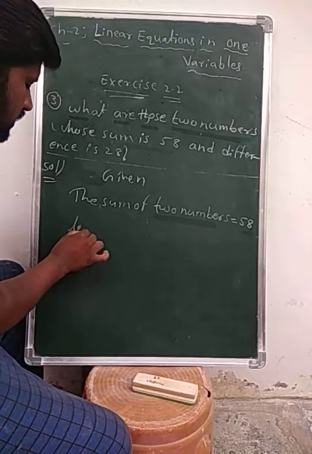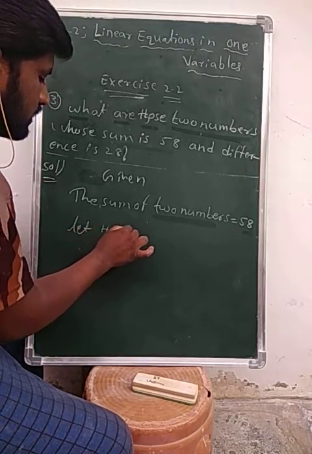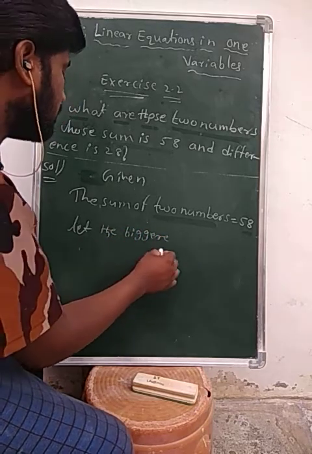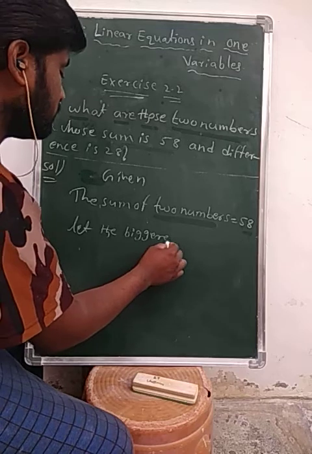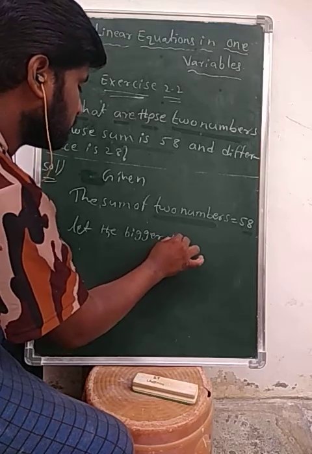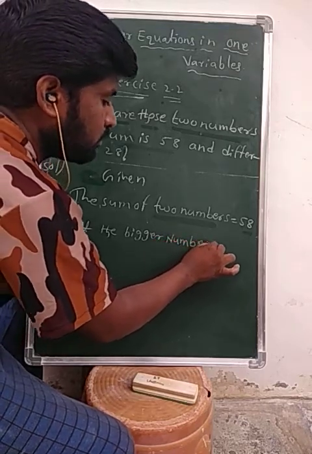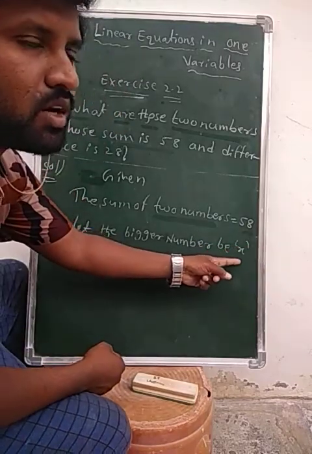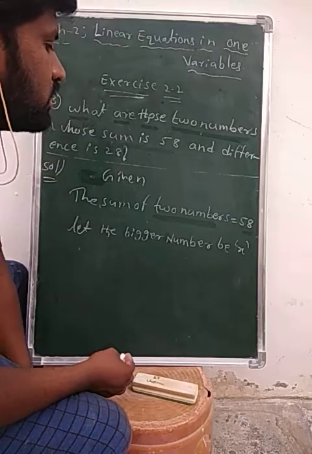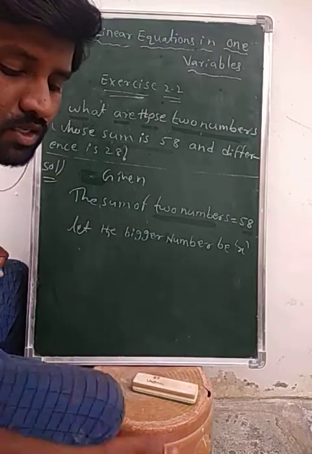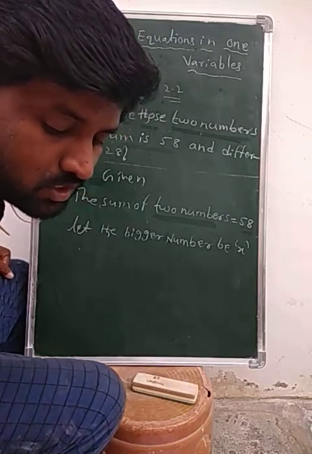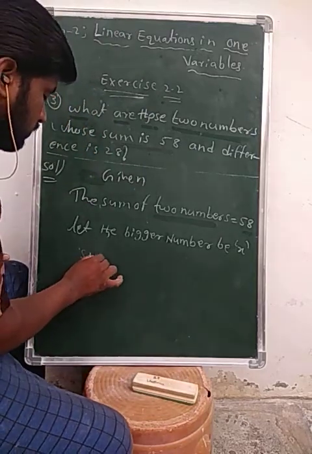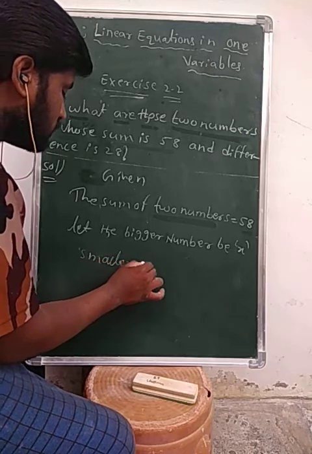That's why I am taking, let the bigger number be x. Bigger number I am taking as x. Then the smaller number is equal to what? If we take the bigger number as x, what does the smaller number become for us here? That is, the smaller number,